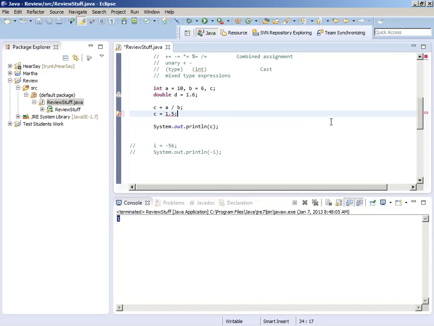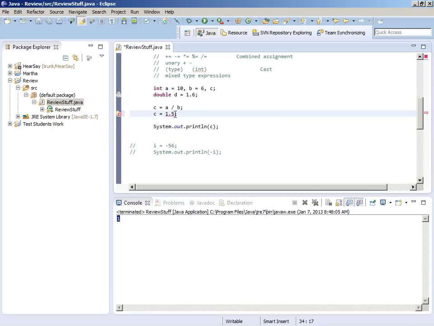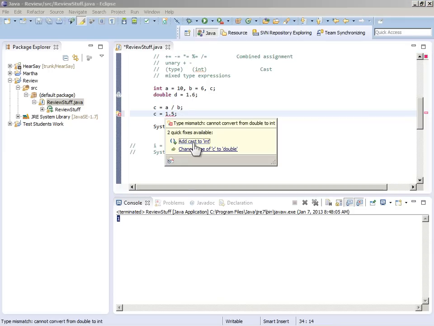This won't compile. You cannot do a downward conversion. You cannot do a downward conversion implicitly. So 1.5 is a literal constant. It has a data type. You know what data type it is. It's a double. It cannot be downcast to an int. But if you want to, you can